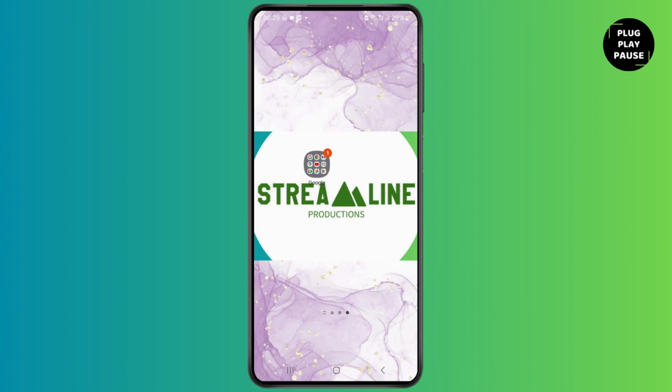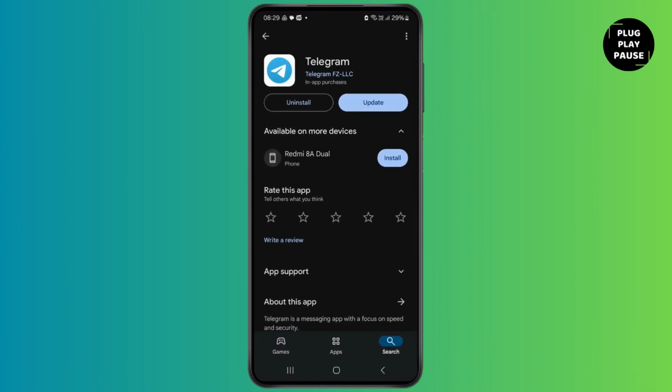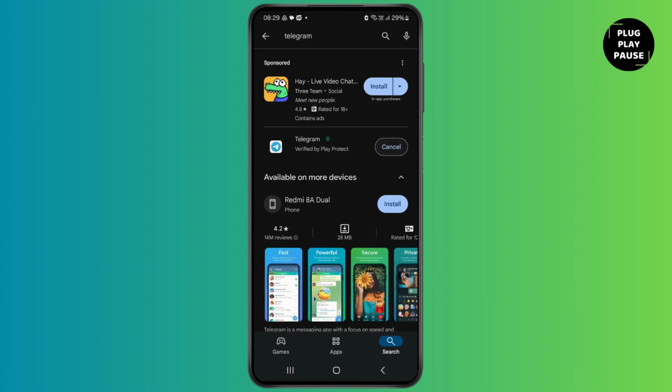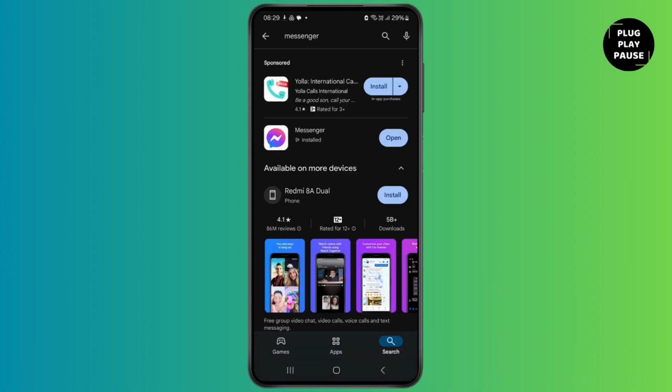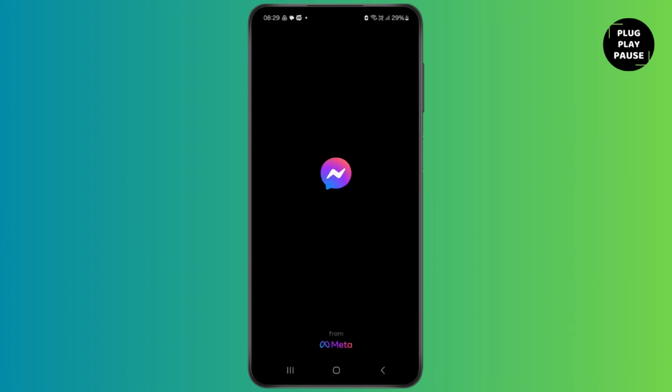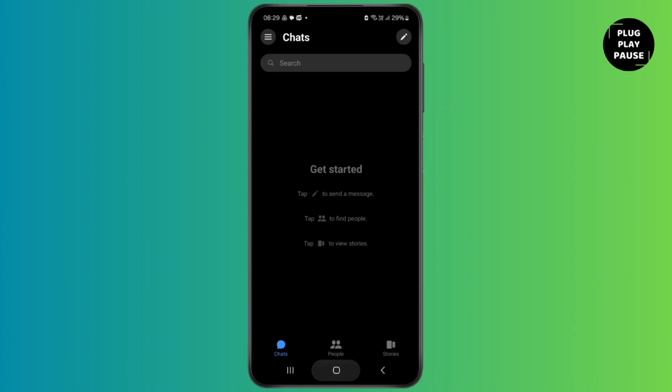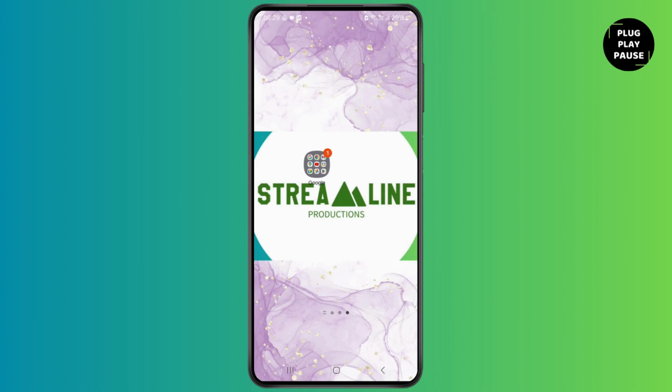First of all, visit the Google Play Store. Now on the top search bar, you need to search for Messenger right here. After you search for Messenger, make sure it's installed and updated to the latest version. If you have already opened it and still the messages are not opening and you cannot view the files and photos